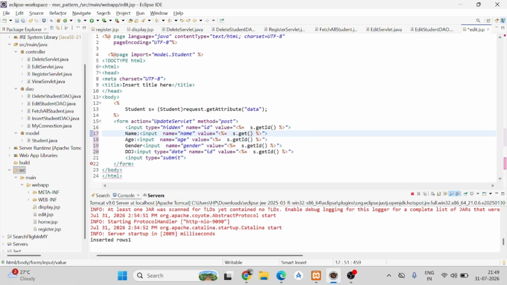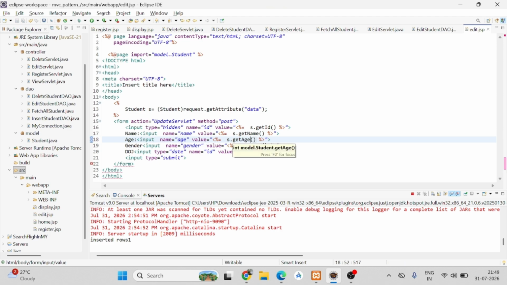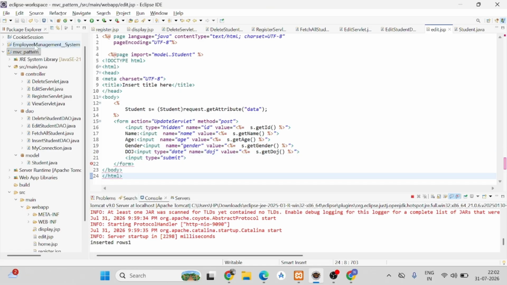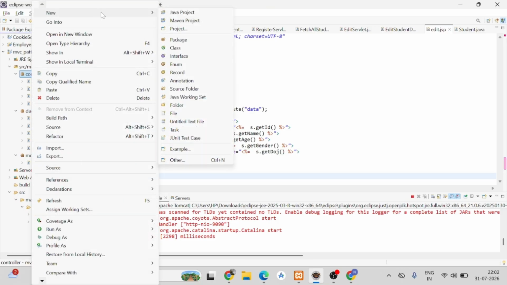Just change the value. Get name, get age, get gender, get doj. Done. So come to the controller package, right click, new, servlet,